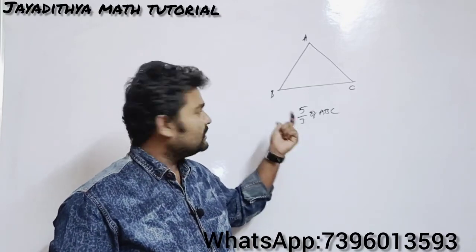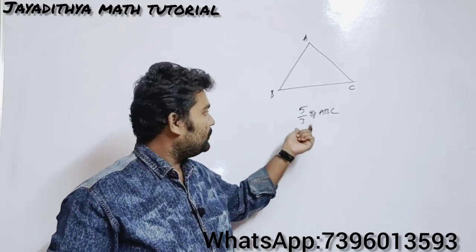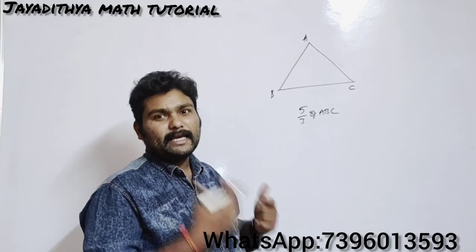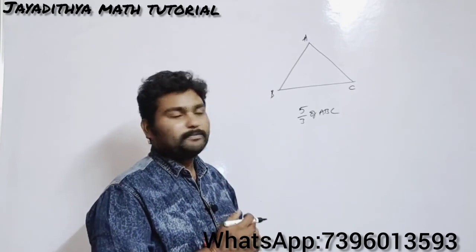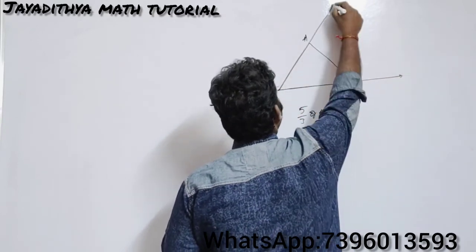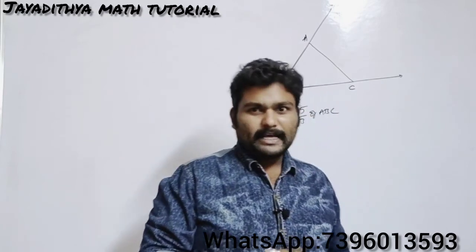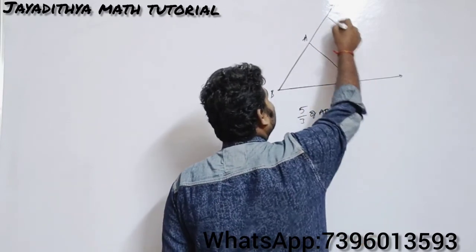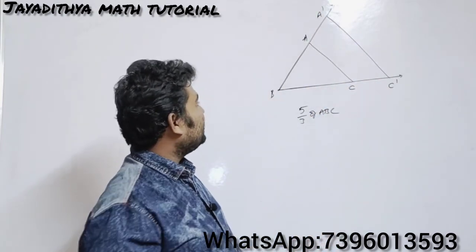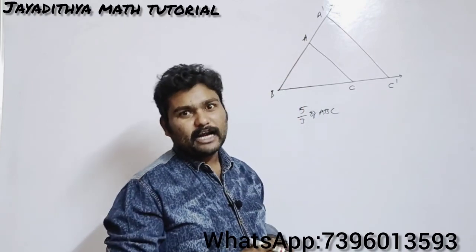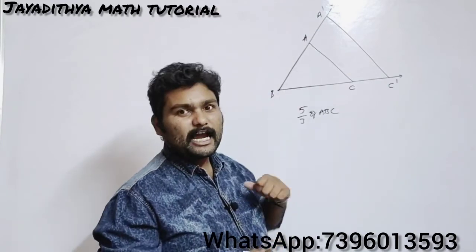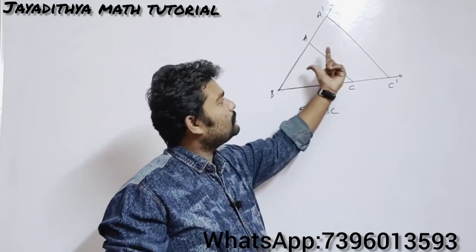Why? Because here the scale factor is greater than 1. The scale factor is an improper fraction, and its value is greater than 1, so you get an enlarged figure. When you get an enlarged figure, we extend BC and extend AB. After extending, you get one more line, and we take these points as C dash and A dash. So A dash B C dash will be our similar triangle. This is only the rough figure. A dash B C dash will be the similar figure to the original triangle. So we need to construct this part now.